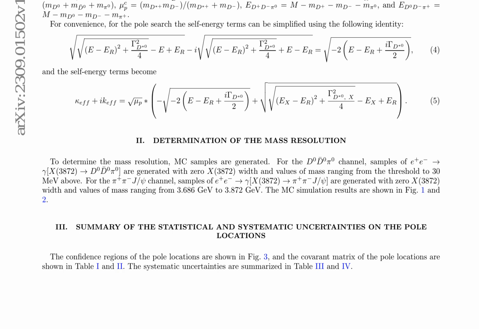The confidence regions of the pole locations are shown in figure 3, and the covariance matrix of the pole locations is presented in tables I and II. The systematic uncertainties are summarized in tables III and IV. These results provide a comprehensive understanding of the uncertainties associated with the pole locations, which is crucial in interpreting the